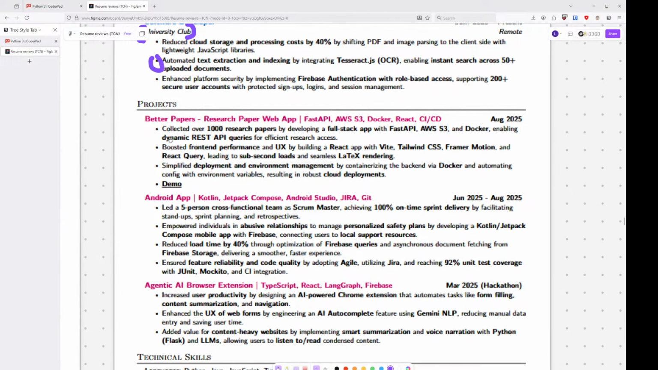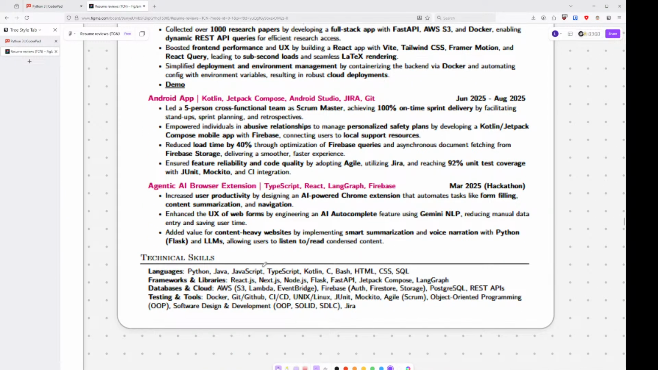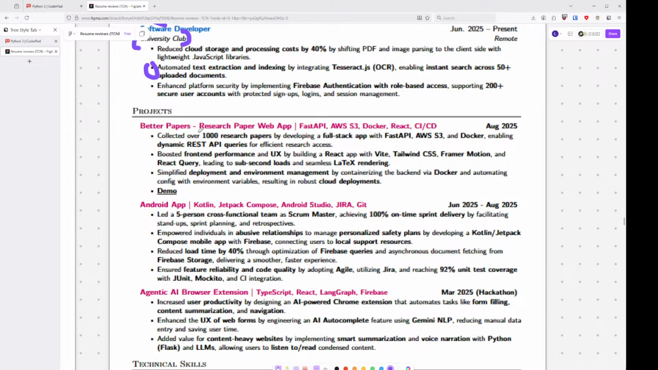All right. Okay, so some project skills, a lot of stuff there. Okay. Research paper web app, some stuff. Collected 1,000 research papers, blah blah. Okay. Efficient, quantify that. Boosted front-end performance and UX by building a React app. Okay, so